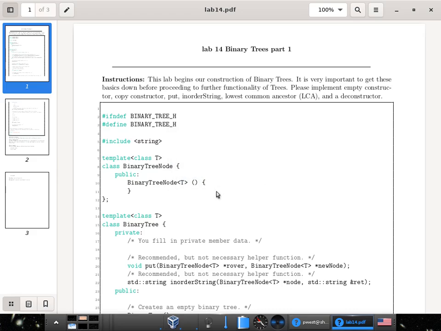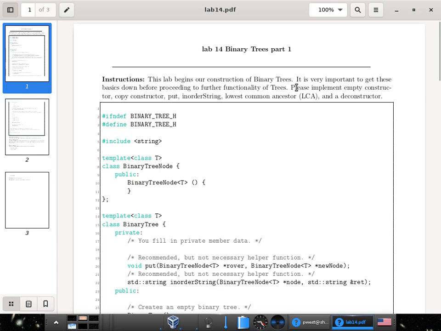All right, hopefully it comes as no surprise, but Lab 14, we're going to do a binary search tree. Of course, we're going to template it. I've given you some boilerplate code to begin with. This should hopefully be straightforward. I gave you some helper functions just to get you started in case you wanted to do it recursively with put. In this lab, add is called put, and we have something called in-order string, which we will get to